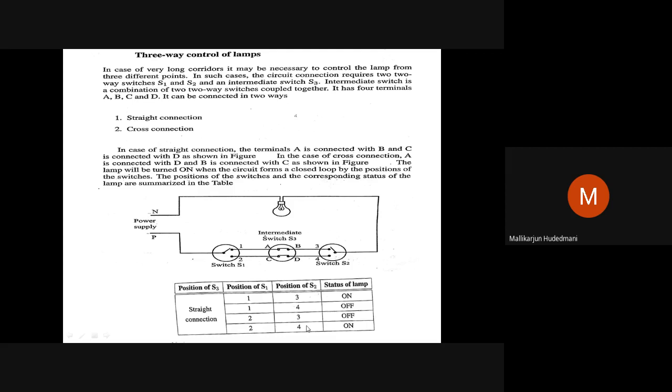The same logic. When the switch S3 is straight connected, depending upon S1, S2, when a closed circuit is formed, the lamp turns on. Whenever any one of the switches is toggled, operated to the opposite mode, the bulb goes off. You can see here. Suppose 1 and 3, up and up. If I touch this and put down, automatically it becomes 1 and 4. What is 1 and 4? Off. Suppose down and down. It is 2, 4. You can see 2, 4 means on.